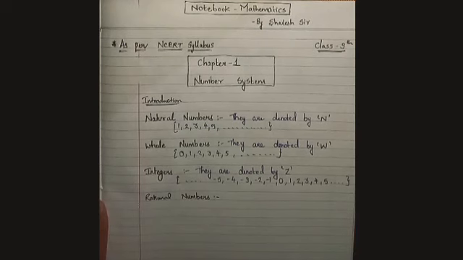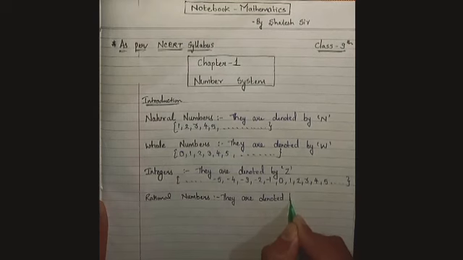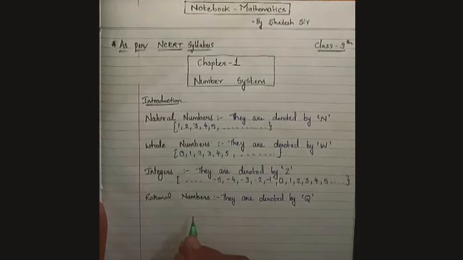Now our main topic is rational number. Now coming to rational numbers, the collection of rational numbers is denoted by Q, right? And rational comes from the word ratio and Q comes from the word quotient. So the definition of rational number: a number r is called a rational number